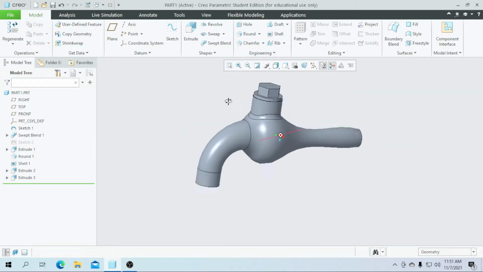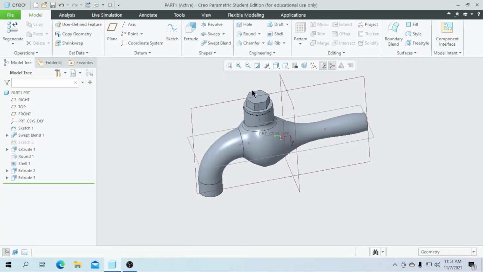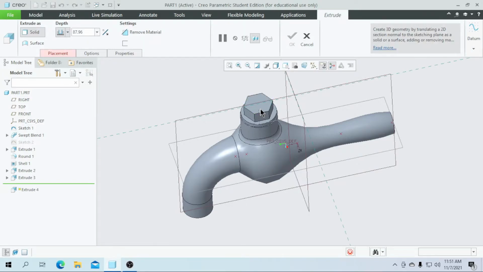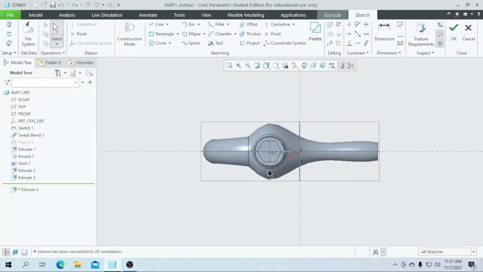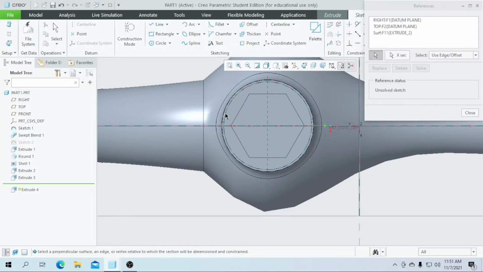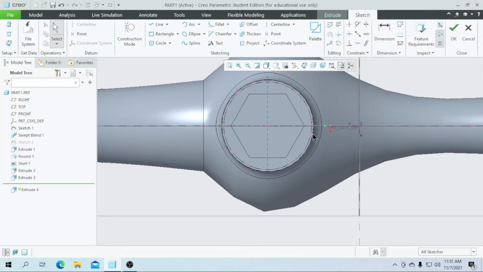So now our first part is almost created. So let's create the last extrude for this part. So go for the extrude and select this top face again and go for the sketch. So here we need to make the center line as a center point. So select any circle as a reference and close it.